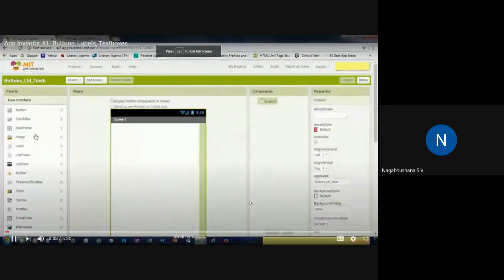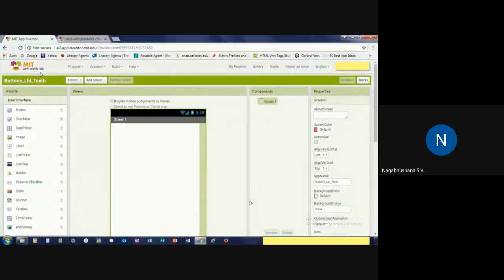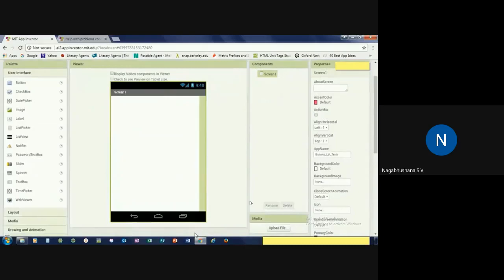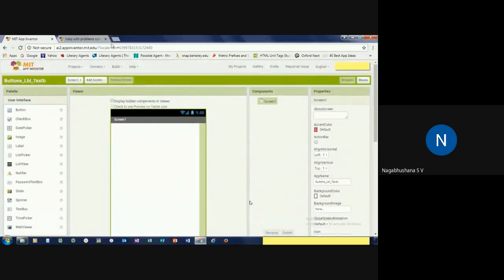Hey guys, so welcome to our first lesson for a software called MIT App Inventor, which helps us create apps. The name of this lesson is Buttons, Labels, and Text Boxes. So that's what we will be covering today. We'll be going through how to use buttons, what labels are, and then how text boxes relate to all that. I won't be testing out the program. I think you can do that yourself.